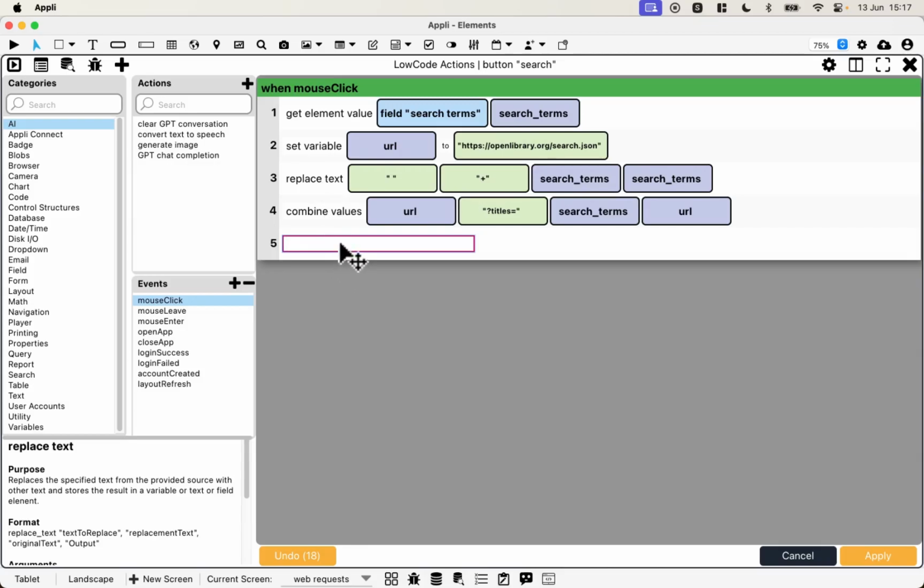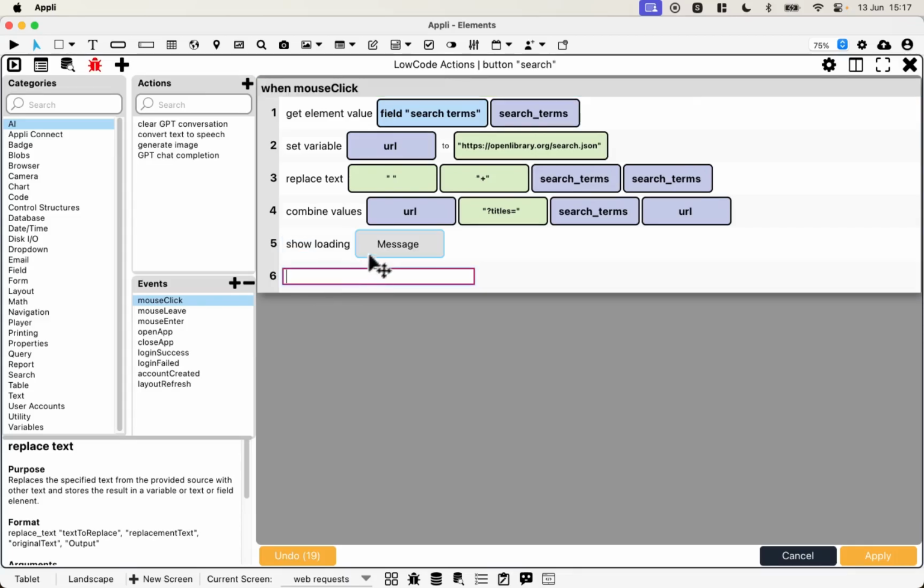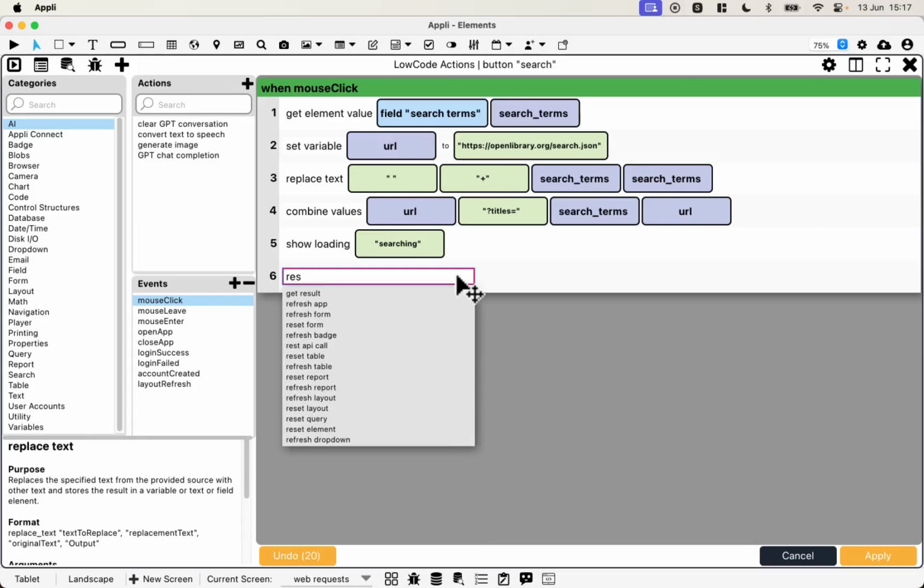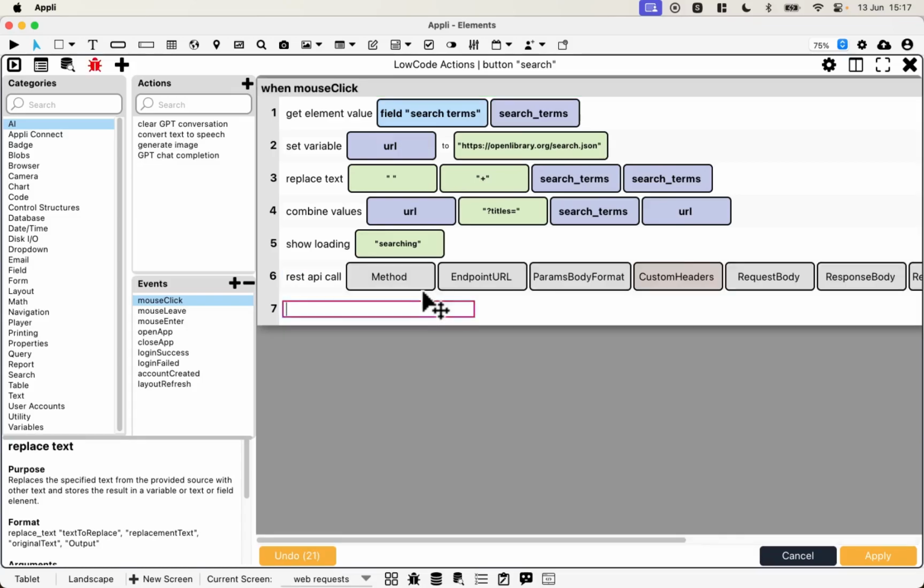So once we have that, we have the URL, we can make the request. Since those requests might take a while to process, especially if they are returning lots of values, it's a good idea to show a loading animation, such as searching. And then we do the request. So the action is REST API call, the ones that make web requests,